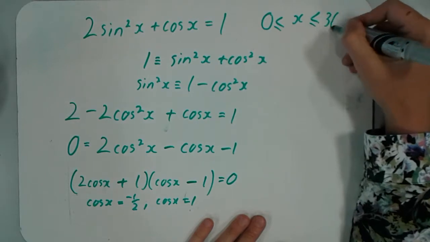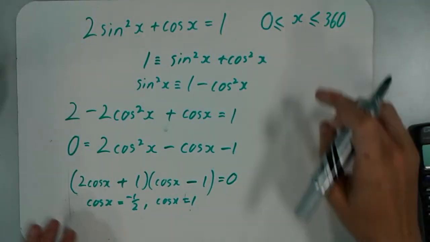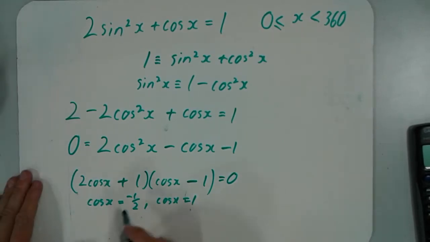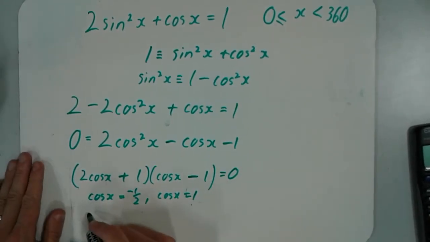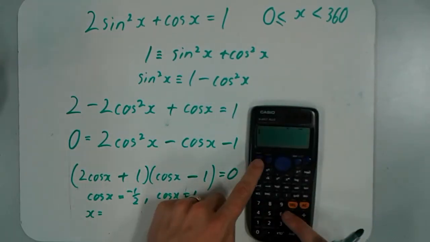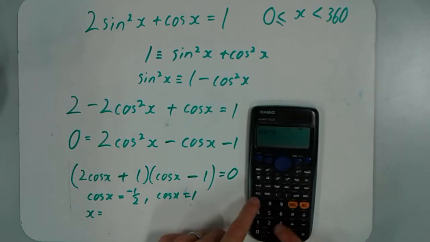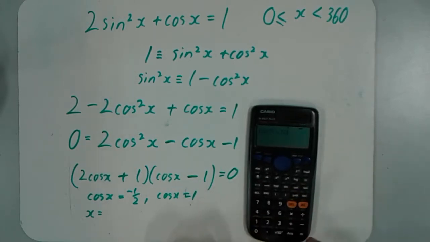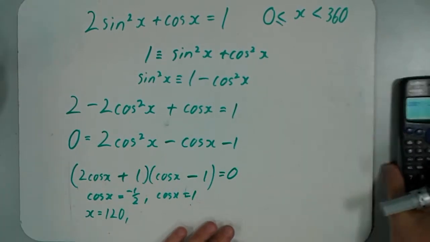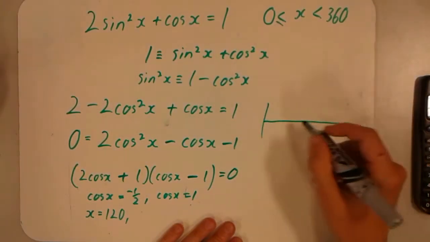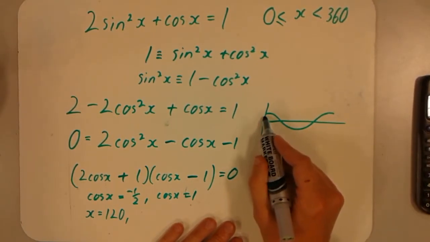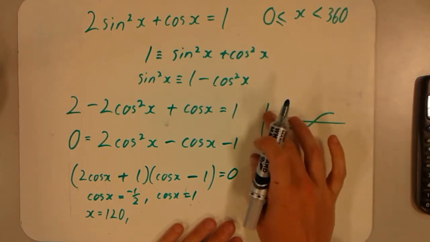Let's go for this set of values here, in fact, that set there. So cos x equals minus a half. Let's solve that one first. The first value, your calculator will tell you. So if we do inverse cos of minus a half, that gives us 120 degrees. If you can't remember how to solve for cos, quick sketch of the cos graph tells us that if we've got one solution at minus a half,